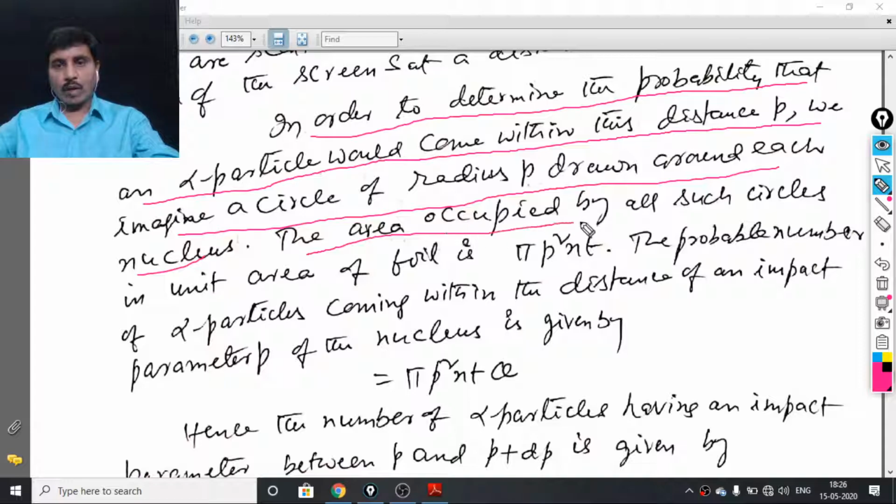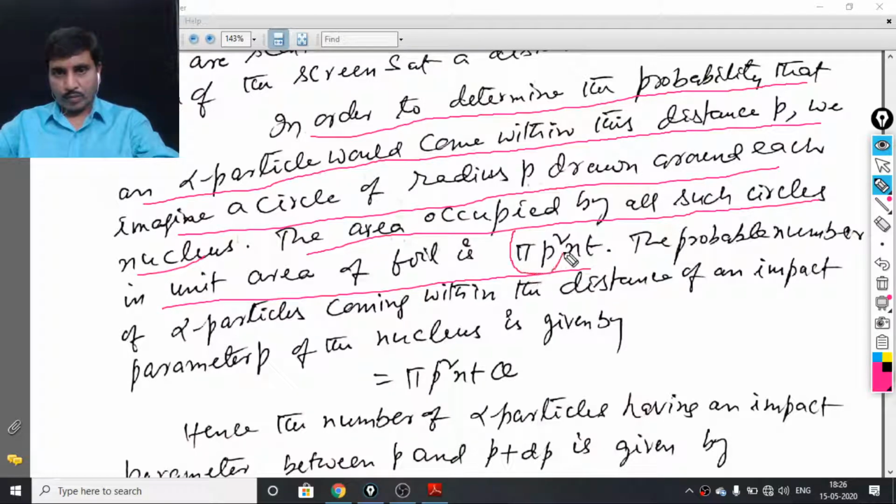The area occupied by all such circles in unit area of foil is pi p square nt. In this expression, pi p square is the area around the nucleus, n is the number of atoms per unit volume, and t is the thickness